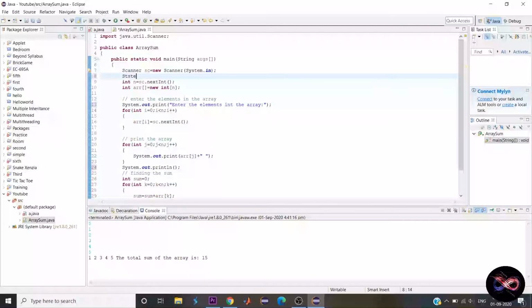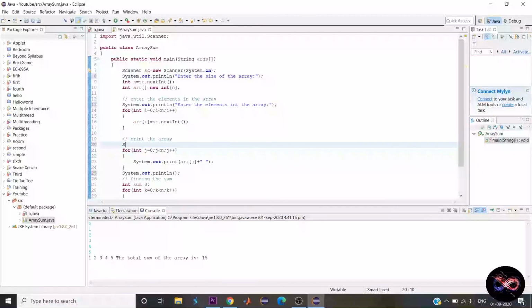Let's do the same for the size. Here too, just print the line.